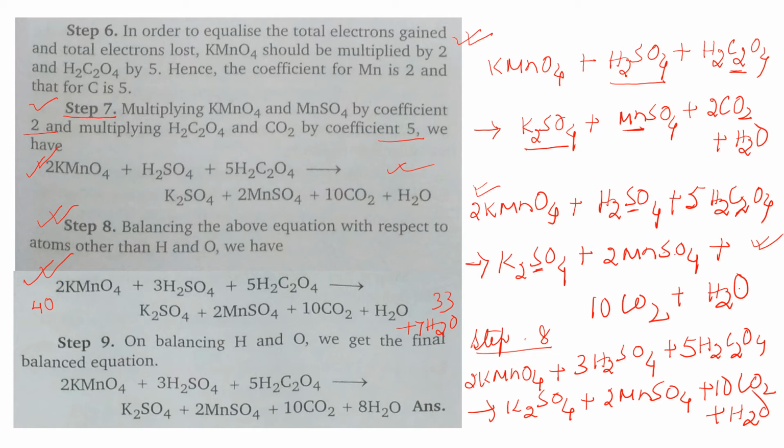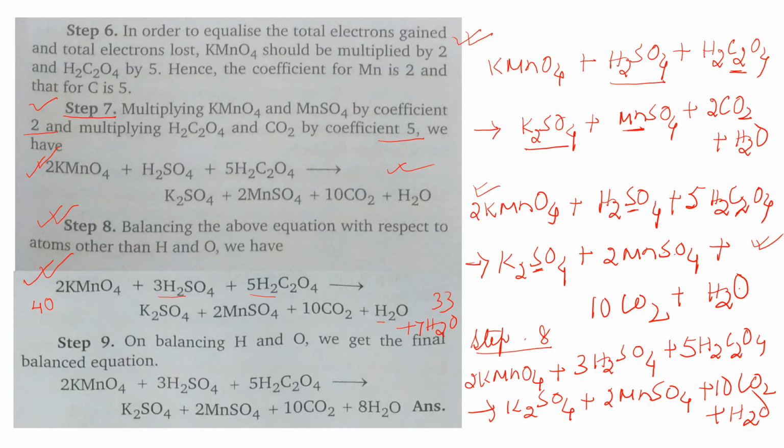After that, add sufficient number of H plus ions to balance hydrogen atoms. Now I have to see for hydrogen atoms. After adding 7 H2O, oxygen is balanced. See for hydrogen, because all other elements we have balanced. Hydrogen in the left hand side, 3 2s are 6, here it is 10. So 6 and 10, 16. In the right hand side it is 2 and 7 2s are 14, 16. So hydrogen is already balanced. So I need not add H plus ion.